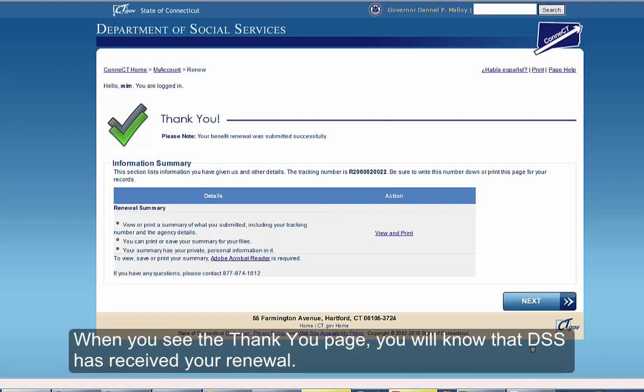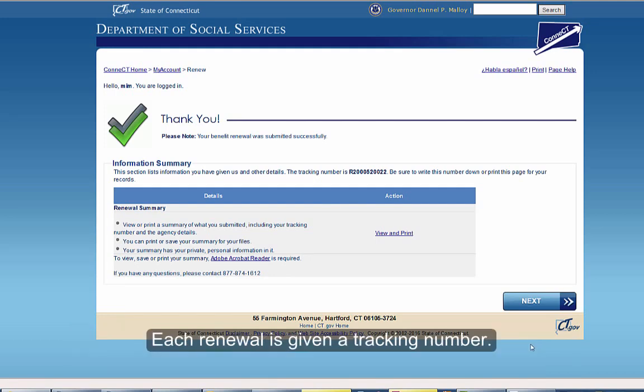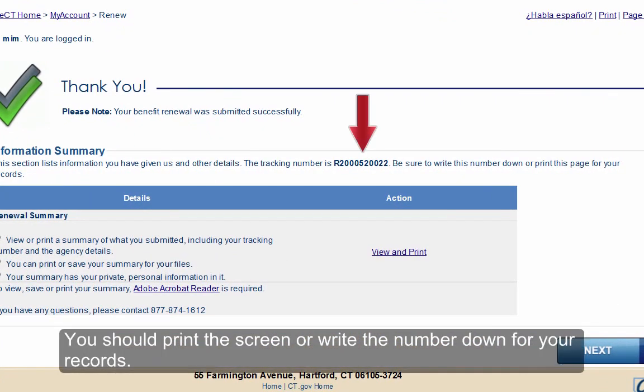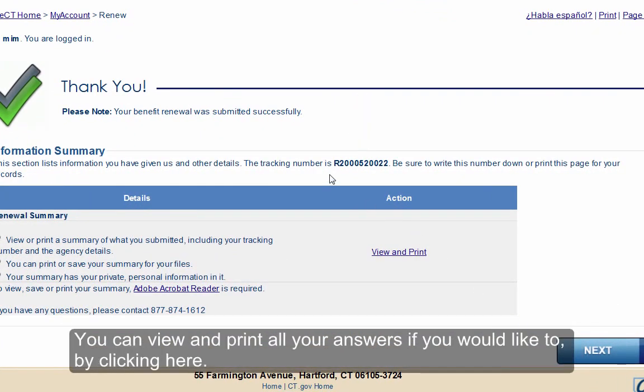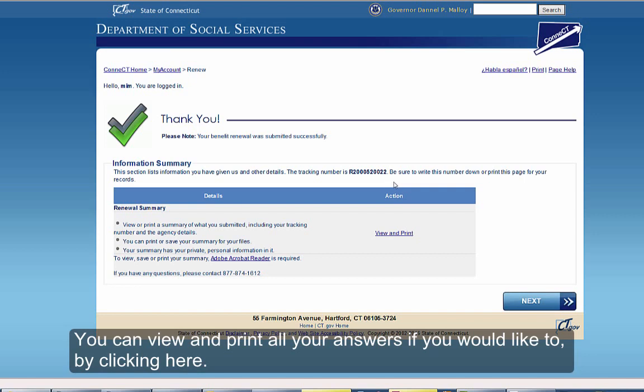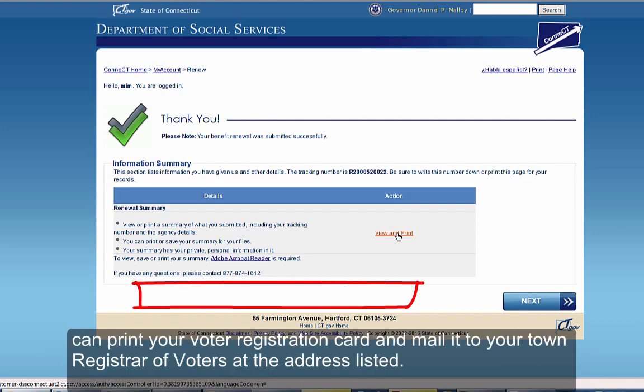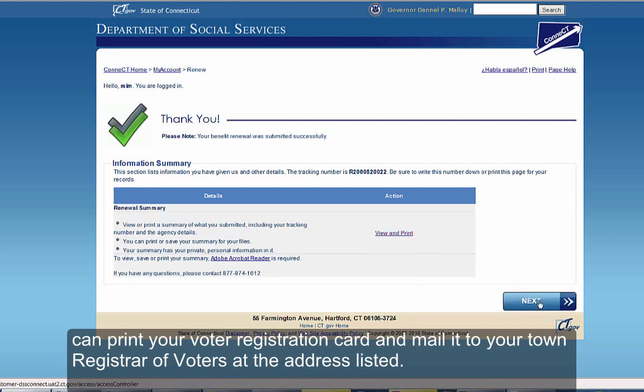When you see the Thank You page, you will know that DSS has received your renewal. Each renewal is given a tracking number. You should print the screen or write the number down for your records. You can view and print all of your answers if you would like to by clicking here. If you selected to register to vote, there will be a Print Your Registration button at the bottom of the page where you can print your voter registration card and mail it to your town registrar of voters at the